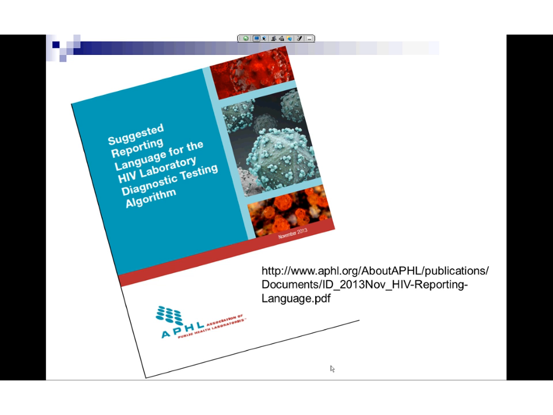I do want to mention that APHL has developed suggested reporting language for the new laboratory diagnostic testing algorithm. Unfortunately, it has a very long URL that you see there. I found these basically by just Googling APHL HIV reporting language, and it was the first hit on top. But this gives advice to laboratories on how to report the results of each one of these tests and each of these combinations.